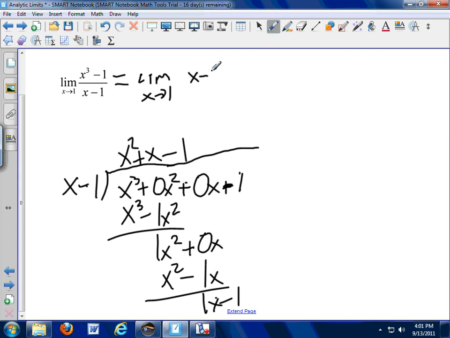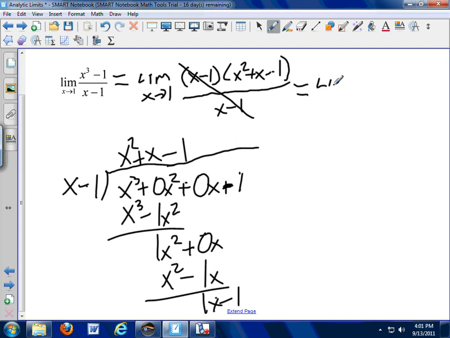This is factors, because that's really what division is, finding the factors. x squared plus x minus 1 is the same as x cubed minus 1. On the bottom we have x minus 1. Cancel away, and we're left with an equivalent function, only this function is defined when x